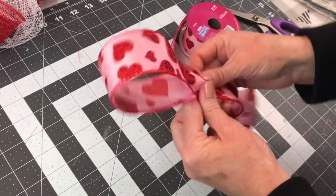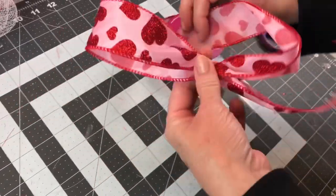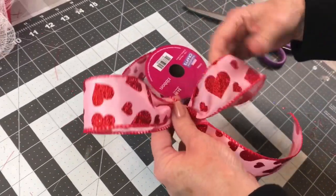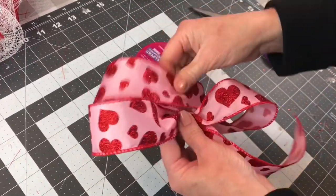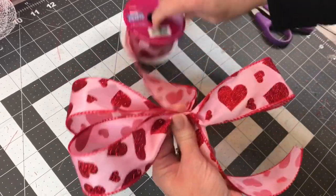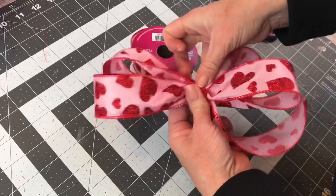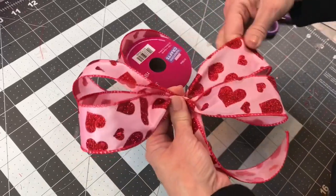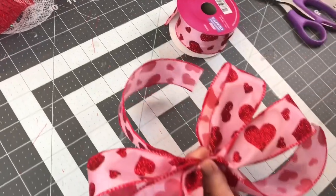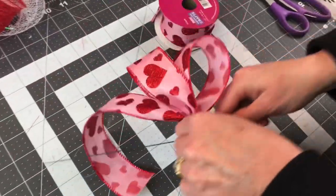Next, I decided to tie a bow. So I let out a tail, made a loop, keep it pinched tightly in your hand, go to the other side, make another loop about the same size as your first loop, then go back to the other side, make another loop, check to make sure they're about the same size, go to the other side, make another loop, make sure you're checking, let out a tail, then you'll want to have some floral wire close by to wrap tightly around